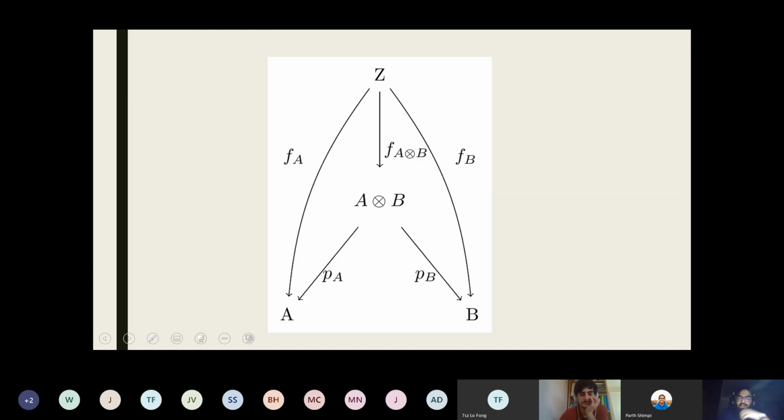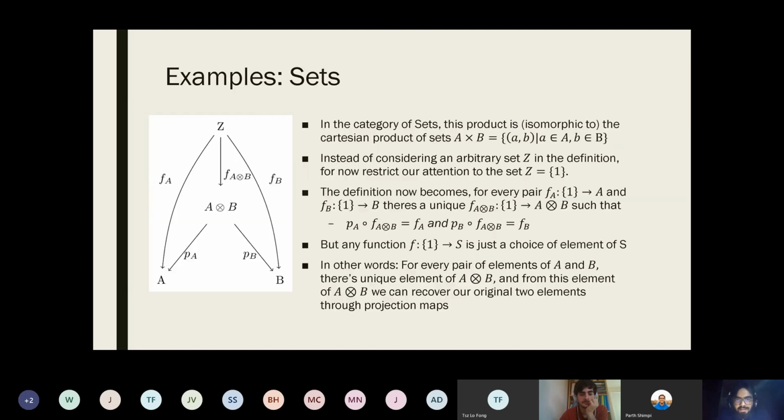Yeah, just showing the diagram again to refresh your minds. And now I'll delve into the example of sets. Fortunately enough, in the category of sets, this product is isomorphic to the Cartesian product of sets, which is the set of ordered pairs. And I'll eventually show a proof outline of this, but for now, to just understand why this works, consider,